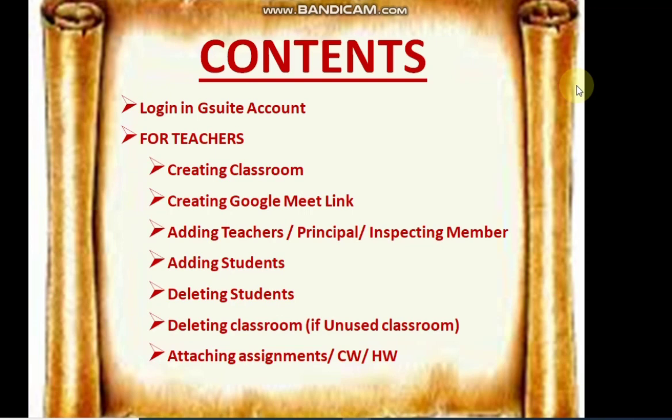If you want to share the classroom with anyone else, or if you want to add your principal, the head of the school, to see whatever you are taking in the classroom, and if there is any inspecting member, then also you can share this Google Classroom code and meeting link with them. And so after adding teachers, then I will tell you about how to add students and how to delete students